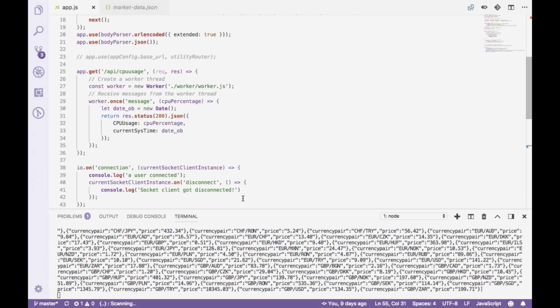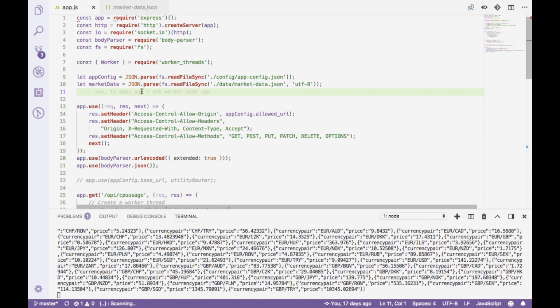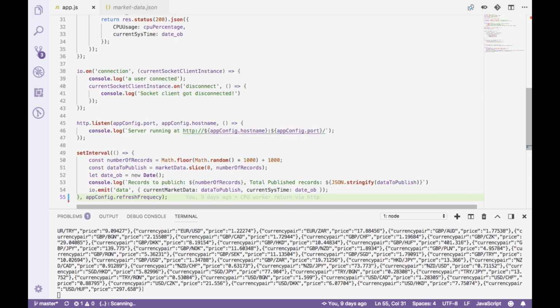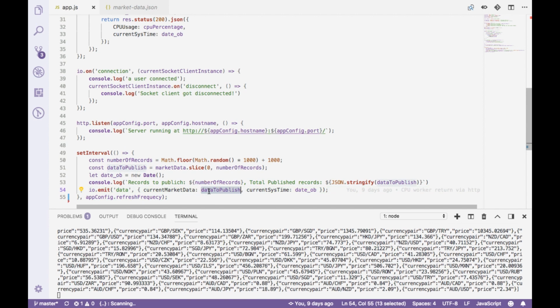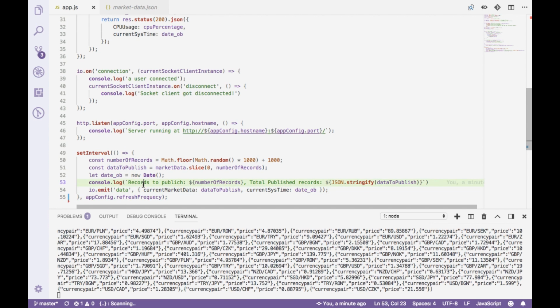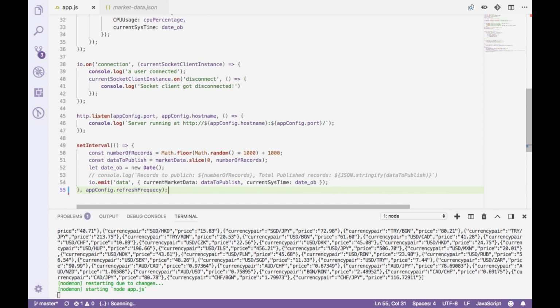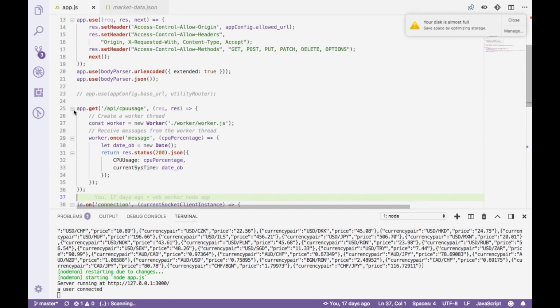At line number 10, it is reading a JSON file, and at line number 54, it's emitting that data. So let me comment this out again. We can also see from line number 25 to 36, our Node.js application exposing a web API.